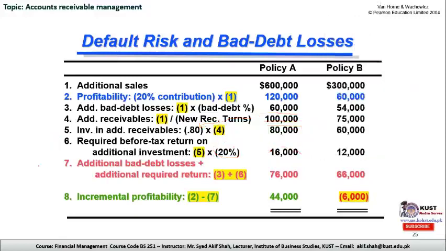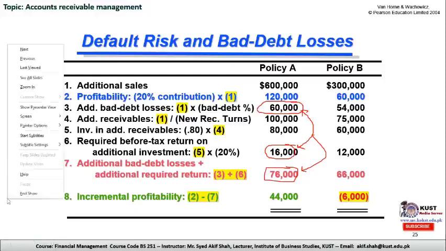So let's move ahead. Finally, in step number 7, we have to calculate the additional bad debt losses plus the additional required return. So additional required return is $16,000, and the additional bad debt losses because of the relaxation of the policy is $60,000. So in total, the company is going to have a cost of $70,000. After summing both these values, the resultant cost, or additional bad debt losses plus additional required return, is